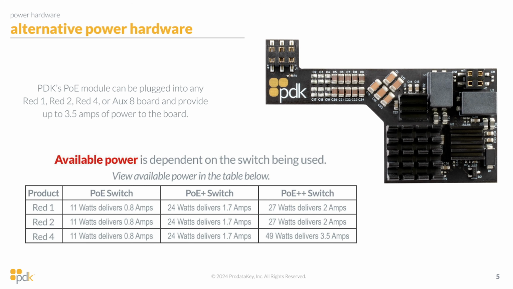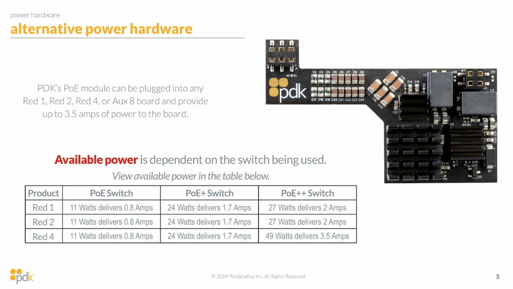So we are working with 11 watts across the board with PoE. If we use a PoE switch, we will have 11 watts and about 0.8 amps per board. So regardless of whether you're using a Red 1, Red 2, or Red 4, you will get that 0.8 amps. That's kind of low, I would say, for the Red 2 and Red 4. Generally, if you're unsure of what PoE standard to use, I would say probably use PoE for your Red 1, PoE Plus for your Red 2, and PoE Plus Plus for your Red 4 and